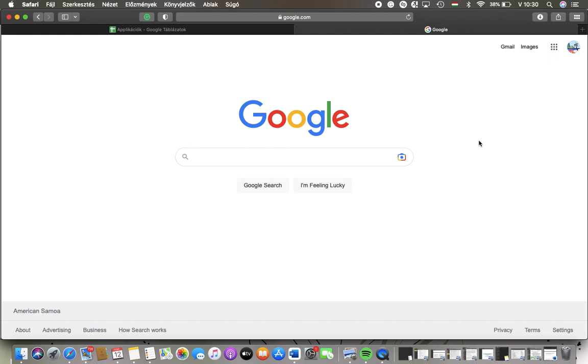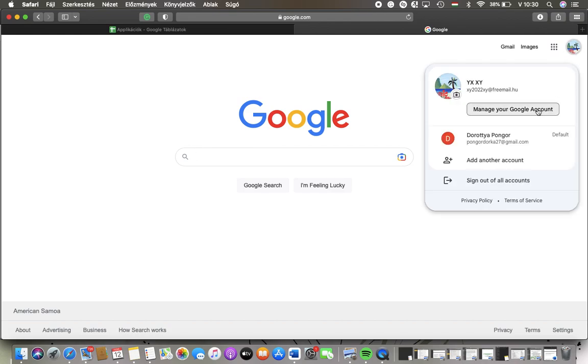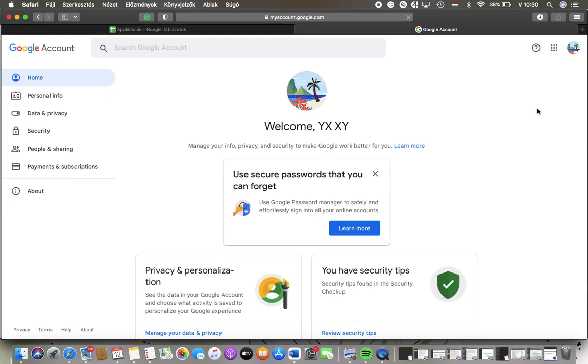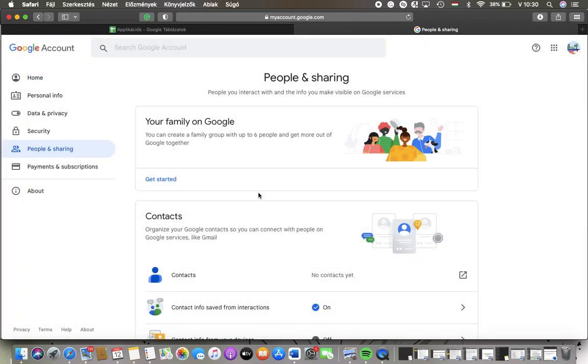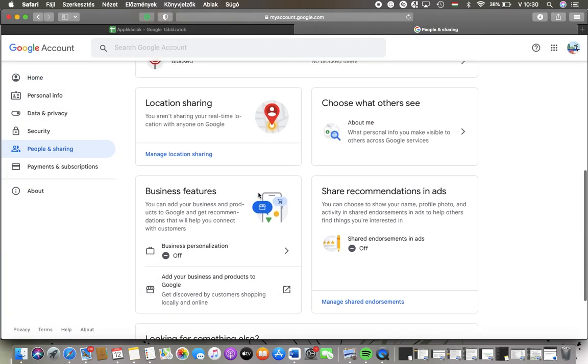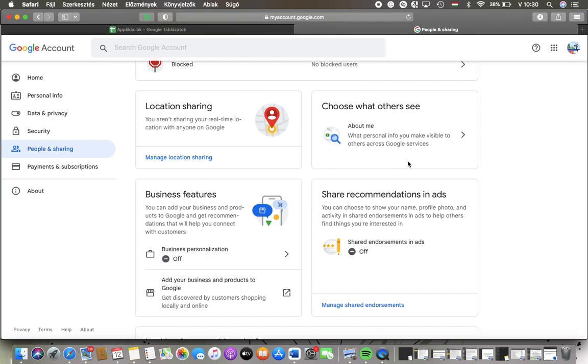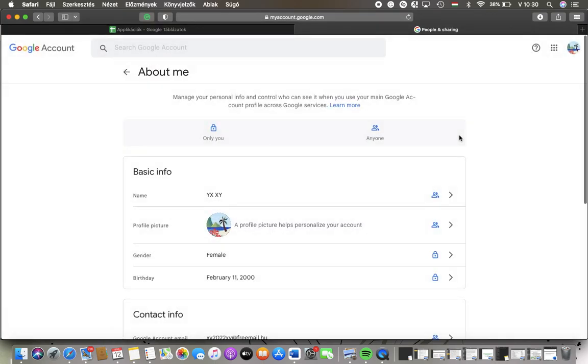First of all, open the website and after that tap on this profile icon in the upper right corner of the screen. Tap on manage your Google account and tap on this people and sharing button in the left side column of the screen. After that you should scroll down till you find the choose what others see section, so tap on it and here you can select what would you like to display for or be available to others,